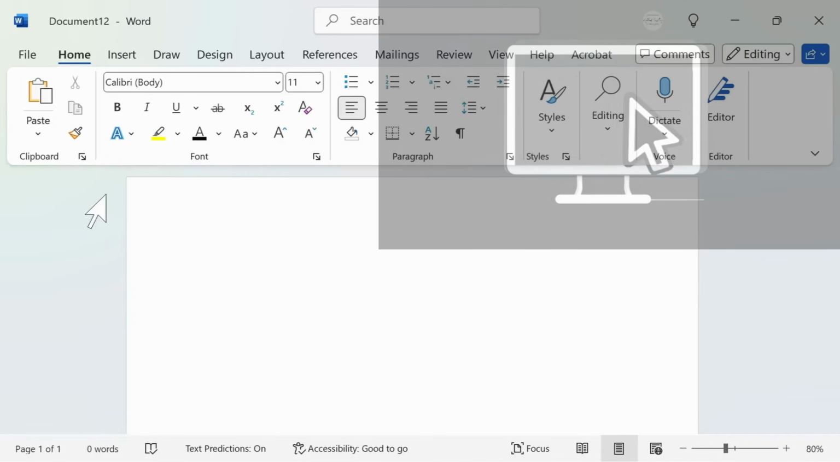Looking to get started with Microsoft Word? In this tutorial, I am going to walk you through all of the basics of Microsoft Word. Let's check it out. We'll start by touring the ribbon, which is everything that can be found here above the